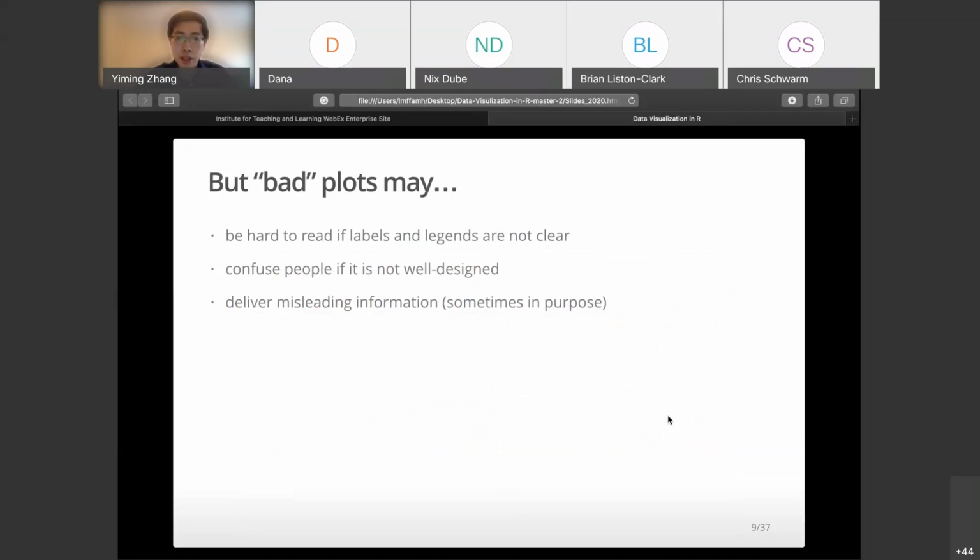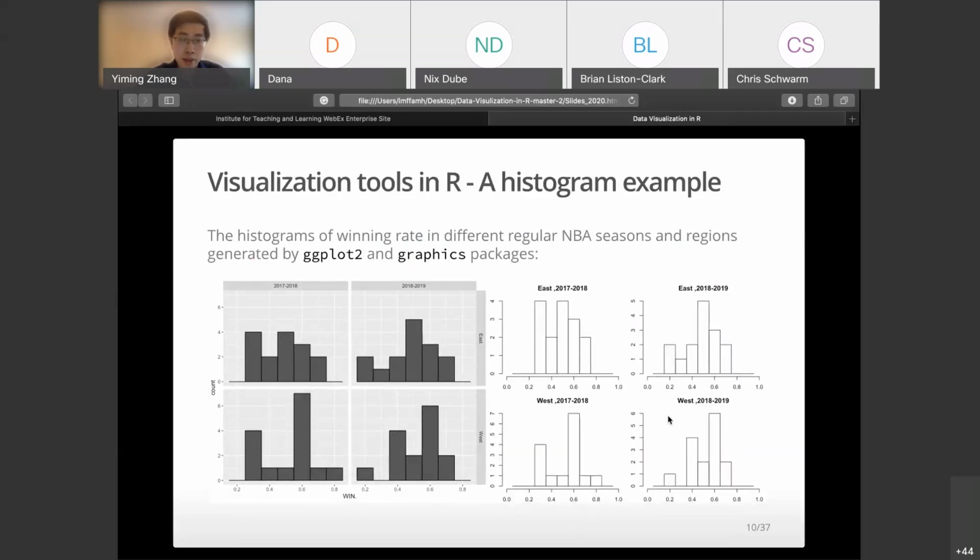All right, this is a general introduction to data visualization. Then let's go to the ggplot part. Here is a histogram example. The left one is generated by the ggplot tool, and the right one is generated by the graphics package, which is the R base package. Here the information they have is pretty much the same, because it's just a histogram for different regions and different seasons. But if we look at the code,